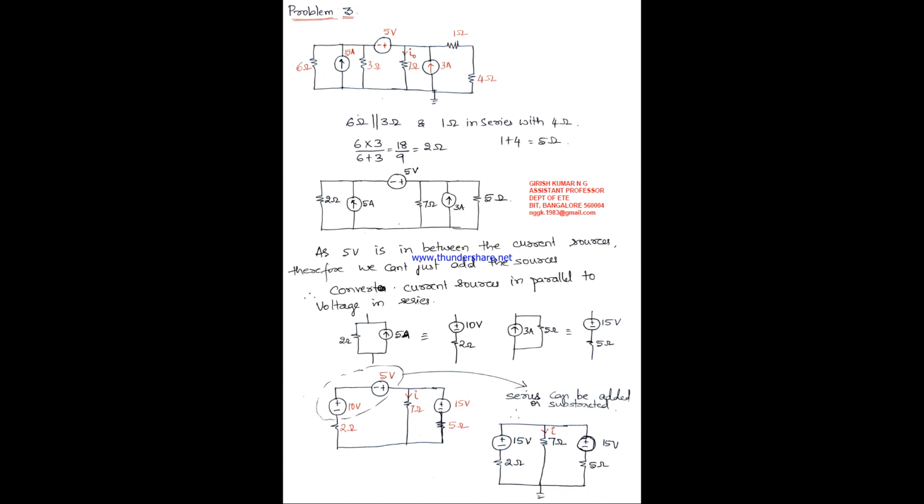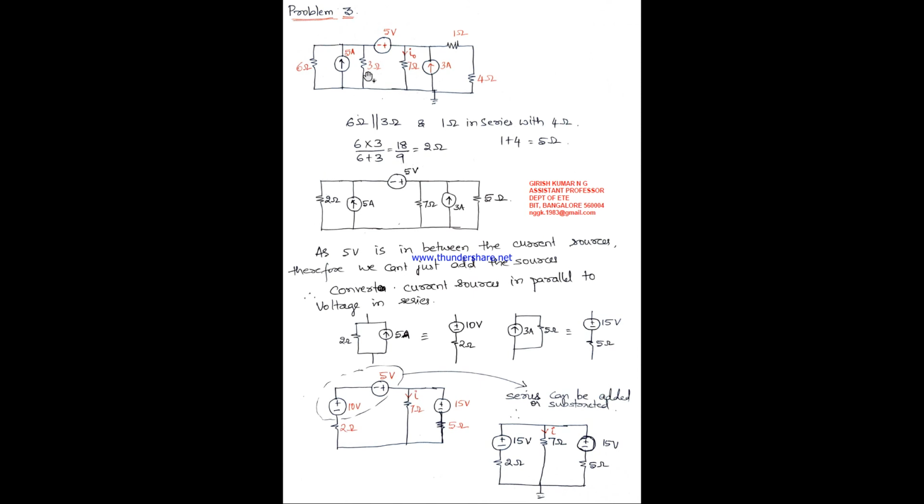reduce it, because we can reduce. No need of applying source transformation now. Reducing means you have 1 ohm in series with 4 ohm. It can be converted into a series network, so 4 plus 1 is 5 ohms. And again you see 6 ohm in parallel with 3 ohms. You can replace this 3 ohms here or here, it is one and the same. So 6 in parallel with 3, you get 2 ohms. So you replace that 6 and 3 in parallel with one single resistance, 2 ohms.